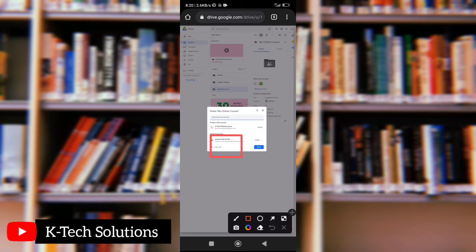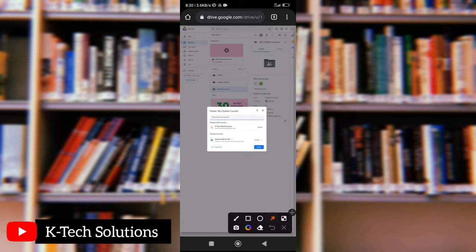So now when you come down here to our permission, look at this permission area. You can see that anyone with the link on the internet can view the link. But there is more to it. If I can view this link, it means I can download this file for now. So if you don't want your files to be downloaded, if you want them to be view only, you click on this